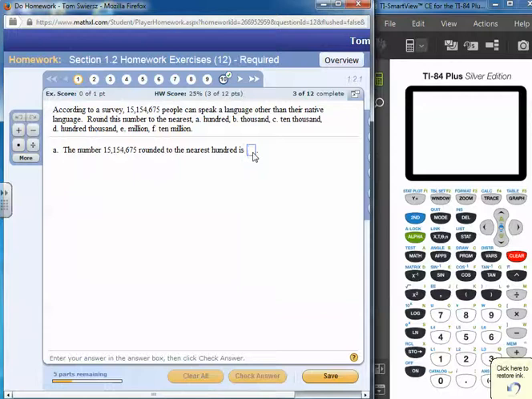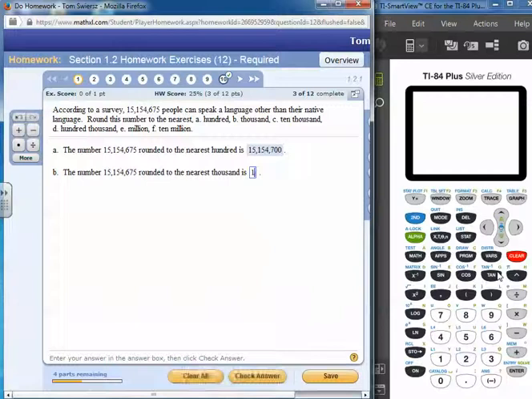To the nearest 100 was 15,154,700, right? Because we had a 7 in the tens, so we rounded up. To the nearest 1,000, 15,155,000 because there's a 6 in the 100s, so we round up. To the nearest 10,000, we have a 4 in the 1,000s, so we keep it the same. So it'll be 15,150,000